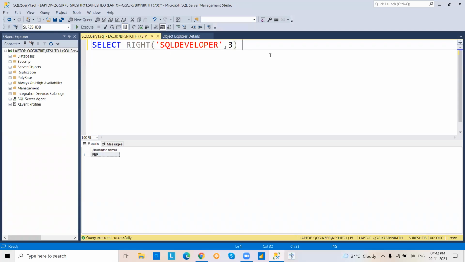See this right side 3 letters, last 3 letters. PER. Okay. These are all comes under character functions. Even in SQL Server development, we are going to work with same kind of character functions.